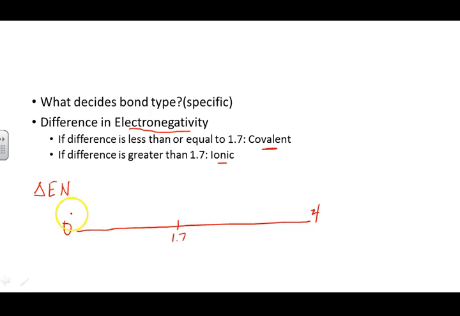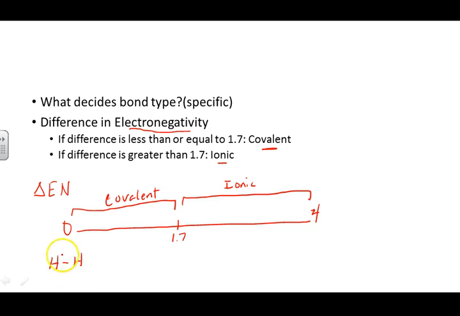So if we're in this zone on the periodic table, we're covalent. But if we're in this zone, we are ionic. It is possible to have a difference of 0. For instance, if we have two atoms of the same element, hydrogen bound to hydrogen, the difference in electronegativity between these two would be 0,